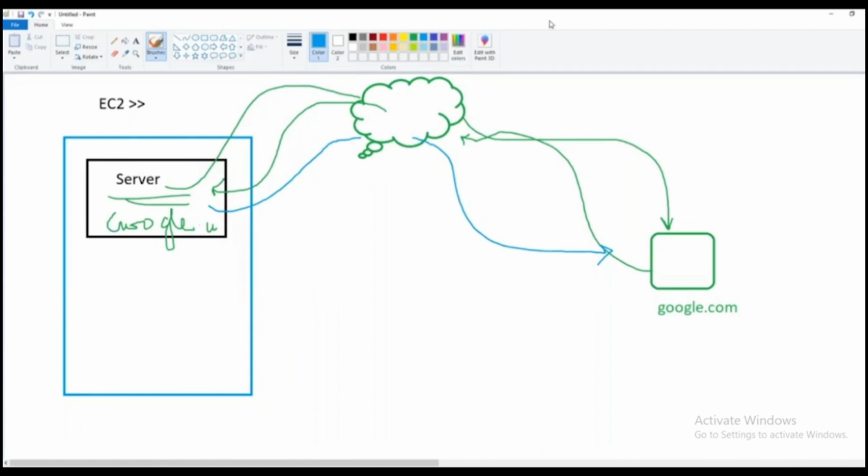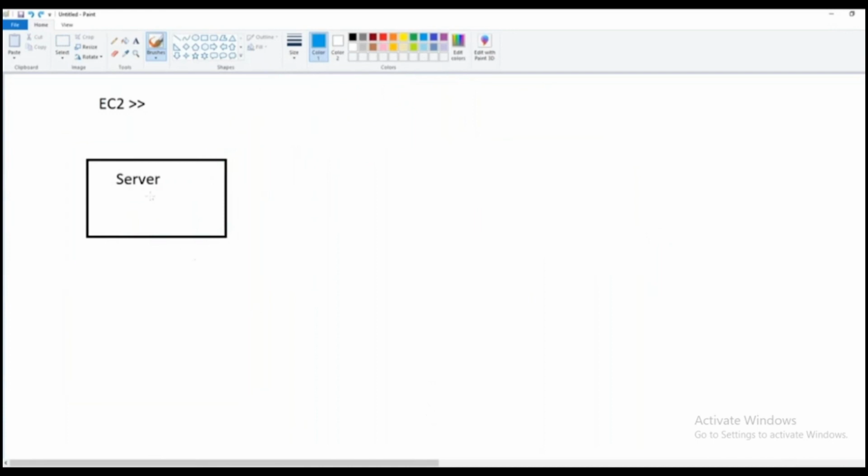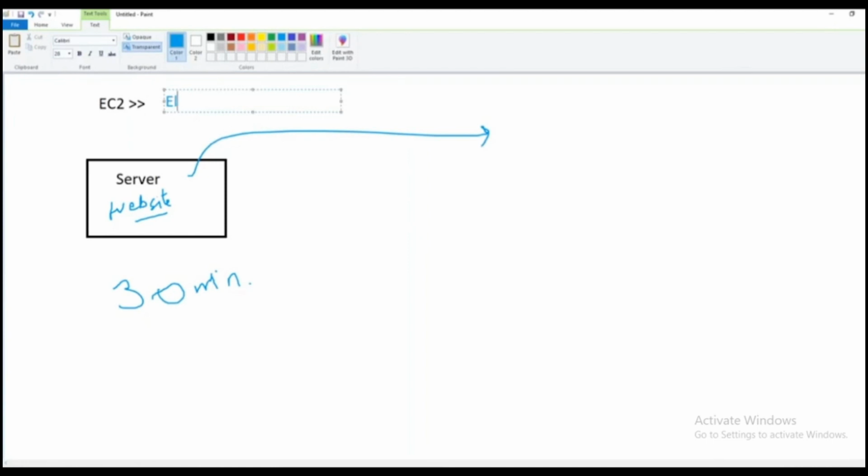Yesterday, those of you who were attending the class, guys, we saw that you create a server, and this server helps you to host your website, right? In the server, you can host any website. Yesterday, we just put in some demo text, and this server can be accessed from the internet very quickly. We created this server well within 30 minutes. So EC2 is called Elastic